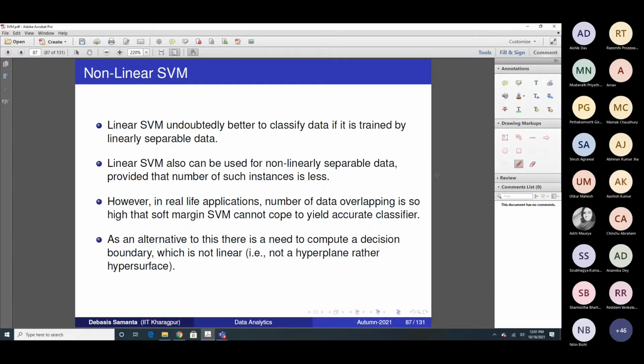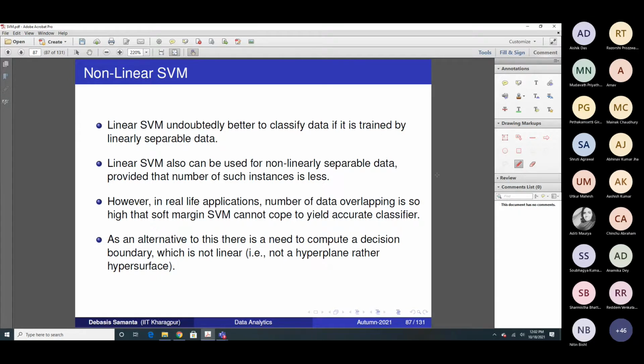So linear SVM is fine. It is fine because it can handle the data with large dimension. It also can classify the data with the highest accuracy compared to other classification techniques, and it does not suffer from overfitting as well as underfitting problem. Also, this linear SVM is useful to classify whether it is binary class data or multi-class data. So you can understand, definitely it is good.